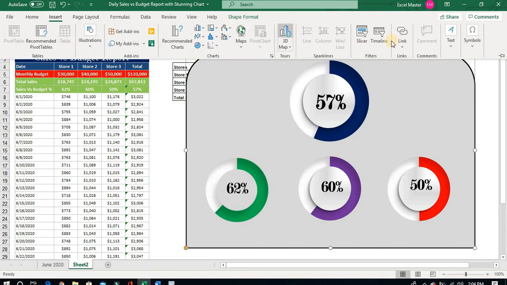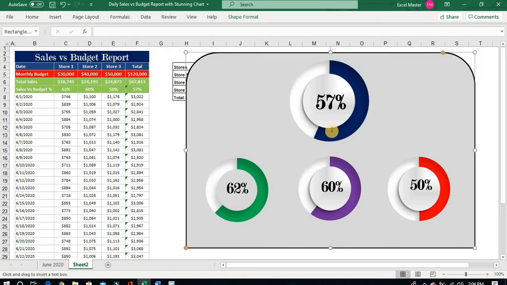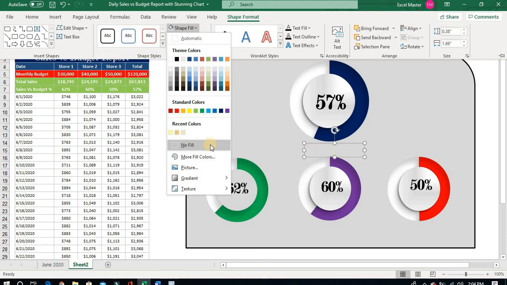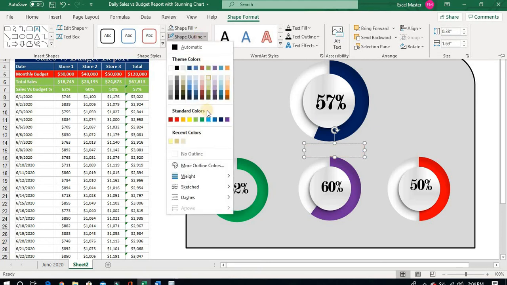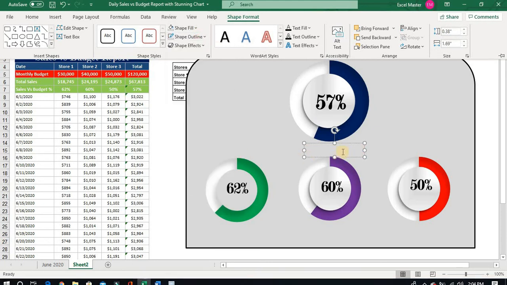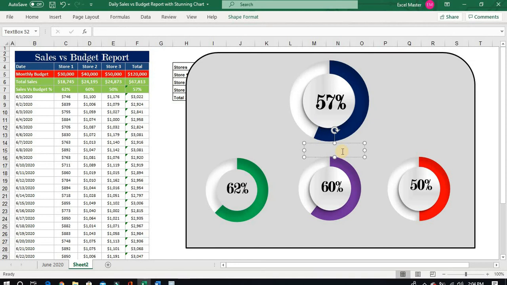Now we will insert a text box, and we will draw it here. We'll put the shape fill as no fill, shape outline as no outline. Here we will type total stores. We'll format it.